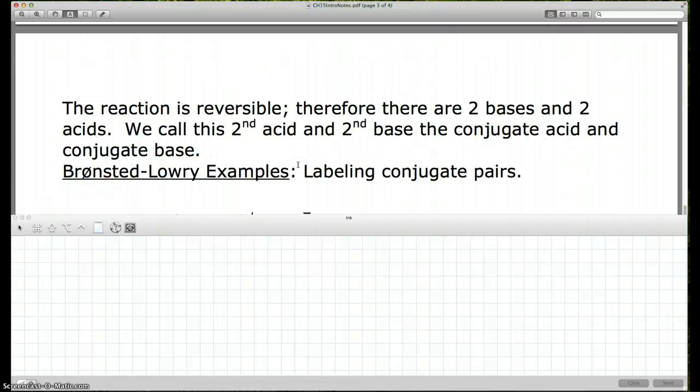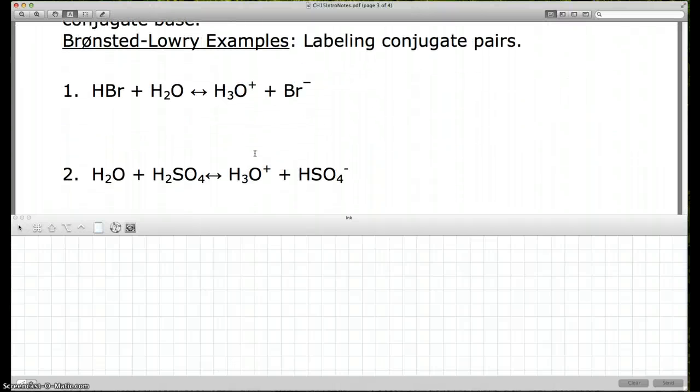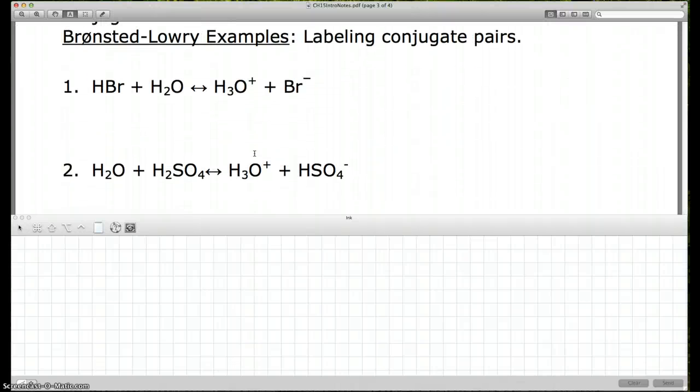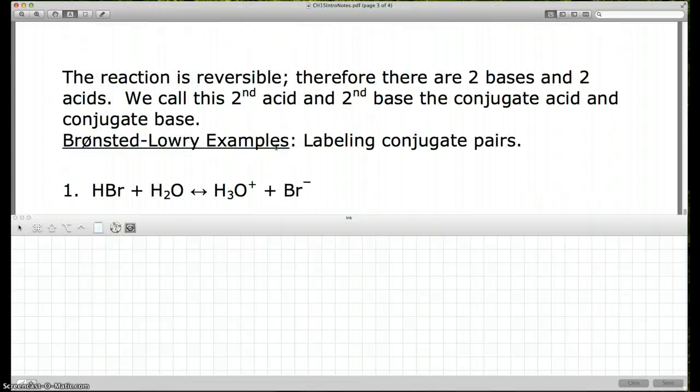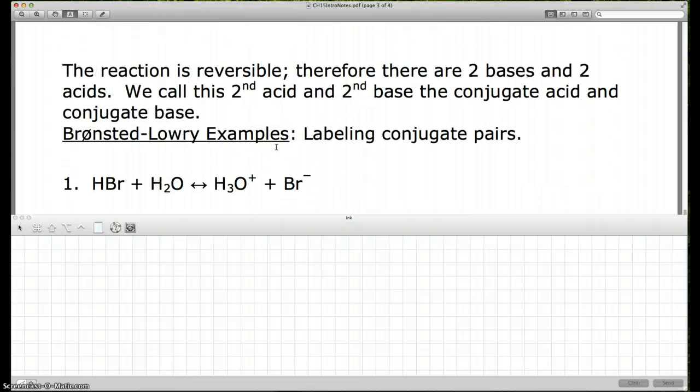Conjugate acid, conjugate base. These are terms that we could say are conjugate pairs. And you'll see what we do here when we pair these up. I'll do this first one here, HBr plus H2O in equilibrium with H3O plus